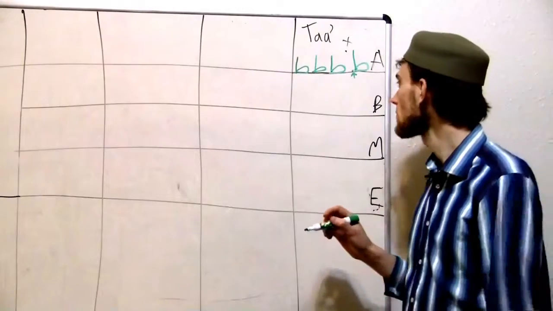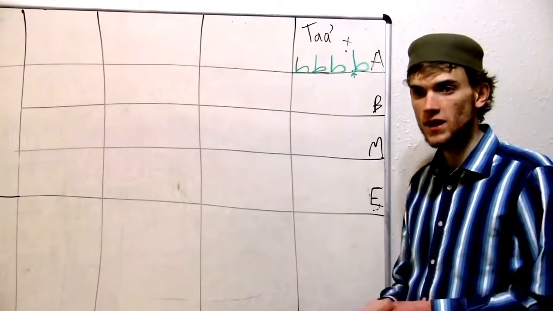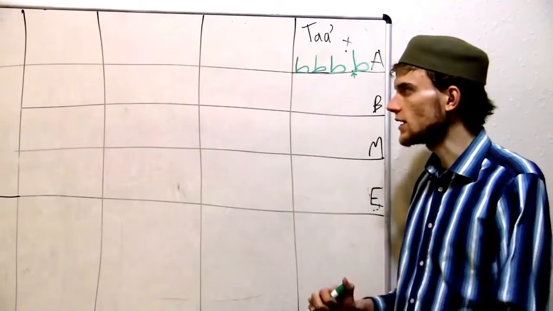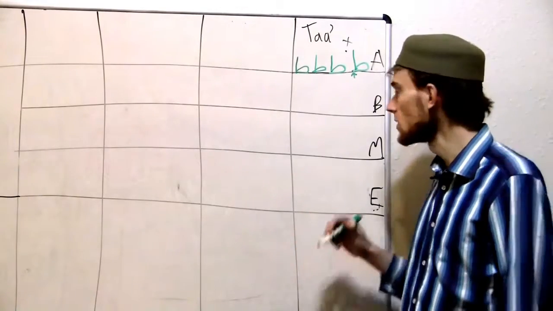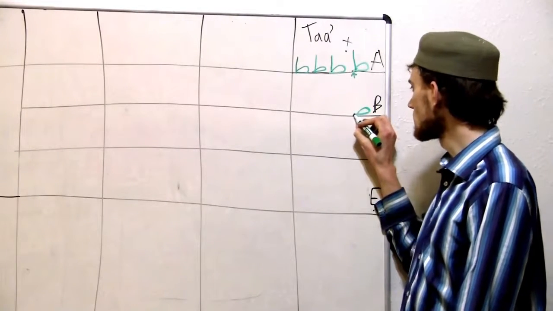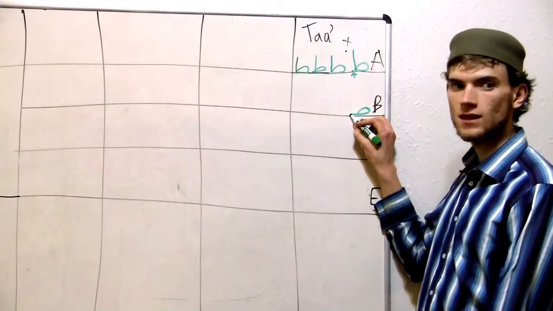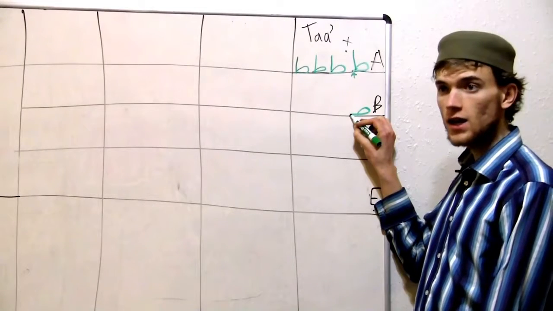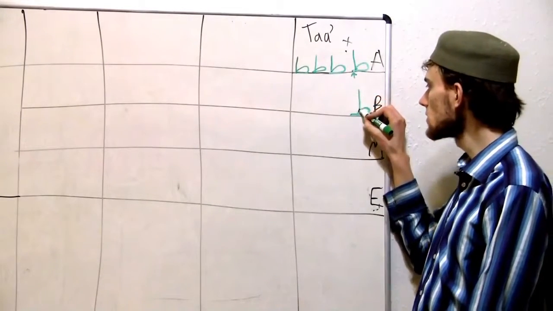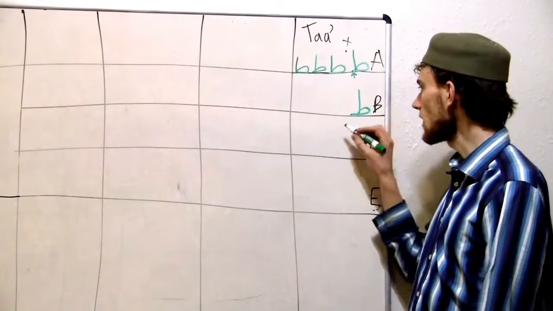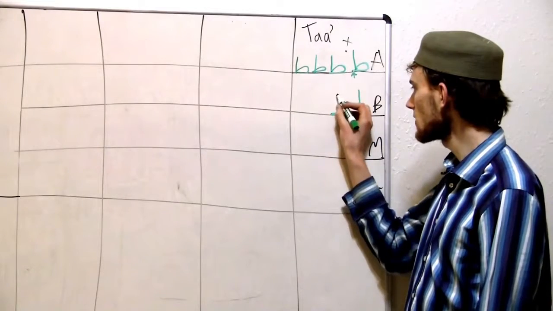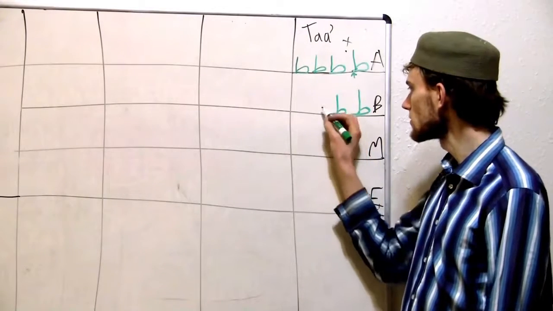Good question. Okay, so when it's at the beginning of a word, this letter does connect. All of the letters today connect to what comes after them. So we make that loop, and then we go on to the next letter. And then when we're done writing that whole word, we come in and put that line down. So we go on to the next letter, and then come back to put that line down.